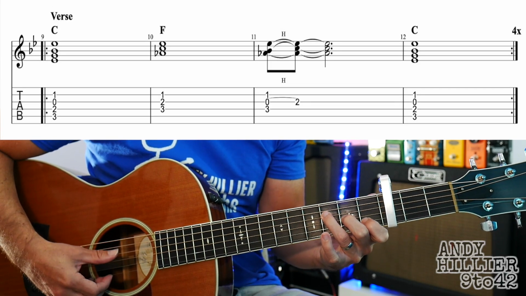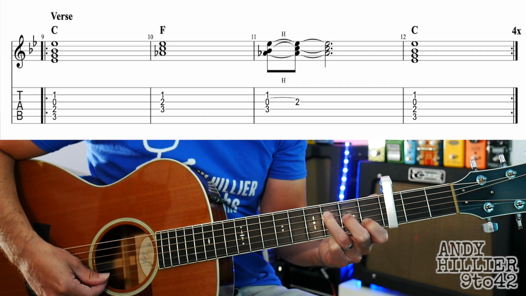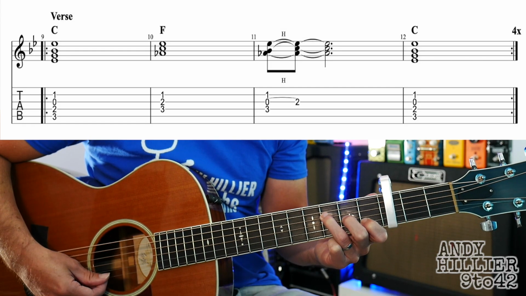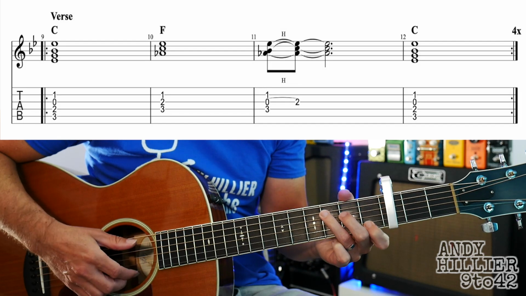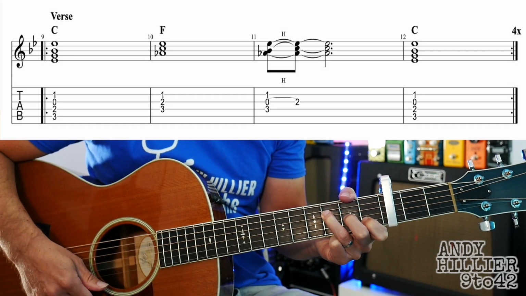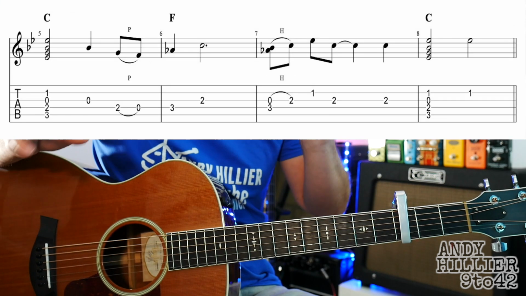for a bar, and then we've got an F for a bar, which you just take your second and third fingers down a string. In the next bar you're doing an F, but hammer on your open G to the second finger to G2. So it's still an F chord, but it just has a little hammer onto it at the beginning, and then back to a C chord. So we get this: C, 2, 3, 4, F, 2, 3, 4, 2, 3, 4. So that goes round 4 times,